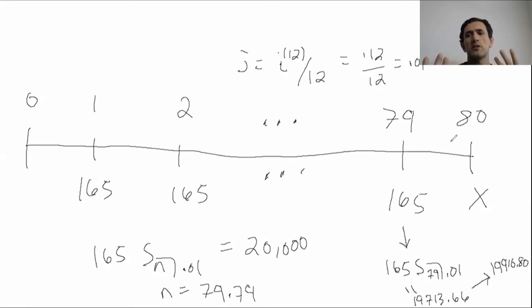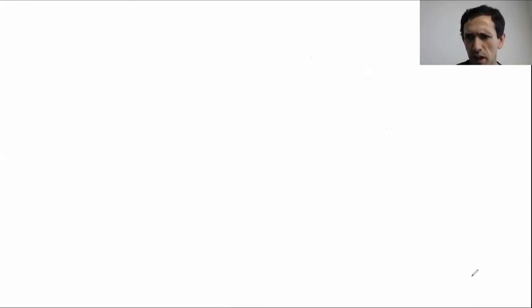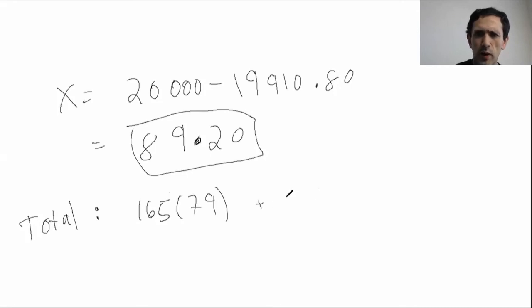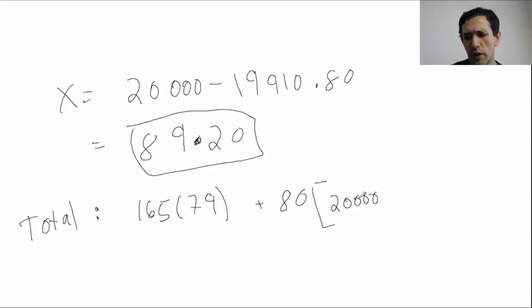So there are 3 components to this loan. We have 80 months of interest. We have 79 months of 165 payments. And we have this one last amount of $89.20. So let's add all that up and see what we get. Whoops, sorry about that. So the total payments completely are, well, doesn't matter what order we go in. We have the 79 payments of 165. We have the 80 payments of interest. And interest is just 20,000 times